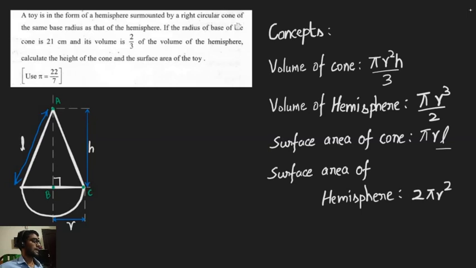Now let's determine the value of L, which is the slant height of the cone. L is given by under root h square plus r square. It is because L is the hypotenuse of the triangle ABC, which is a right angle triangle, 90 degree at the point B. So h being the height of the triangle and r being the base of the triangle, L is equals to under root h square plus r square by Pythagorean theorem.